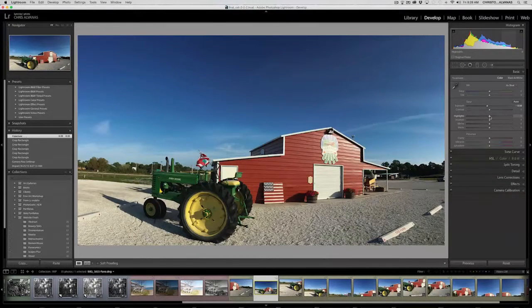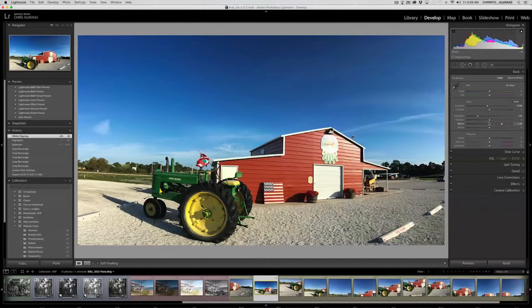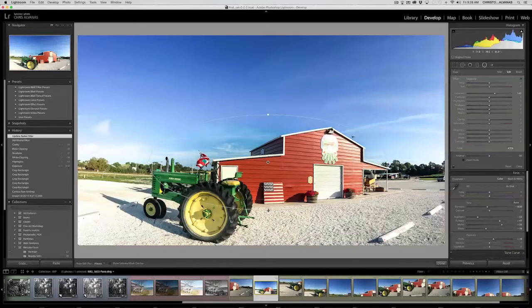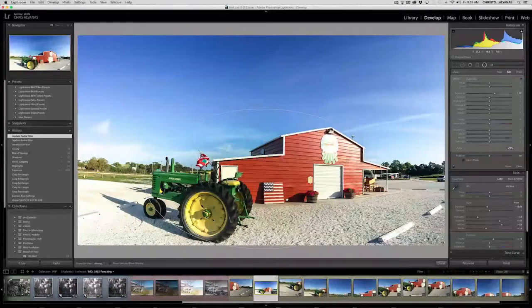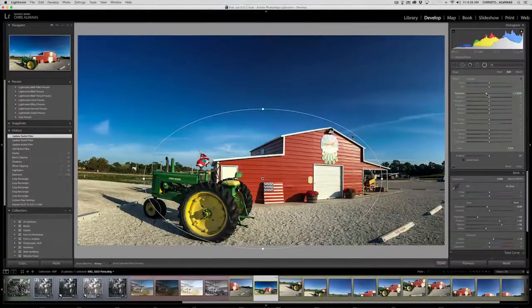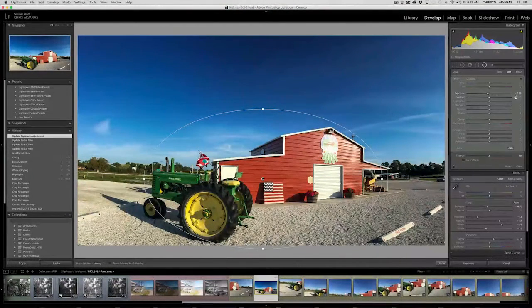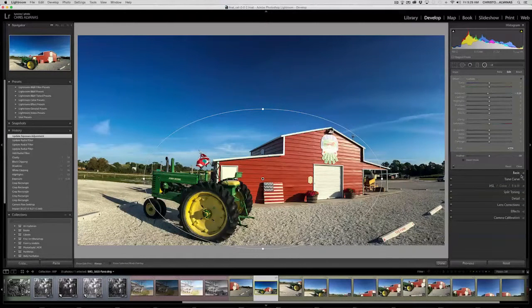Bring that down a little bit, protect my highlights, bring up the whites, open up the shadows a little bit. Bring this radial tool so it's encompassing most of the interesting information, and put it highlighted in there a little bit, and then maybe go to my basic tab and maybe go to black and